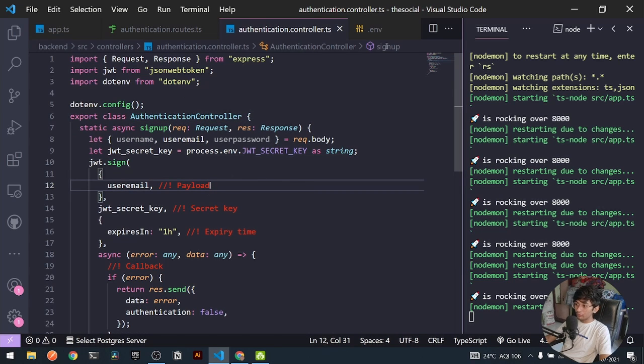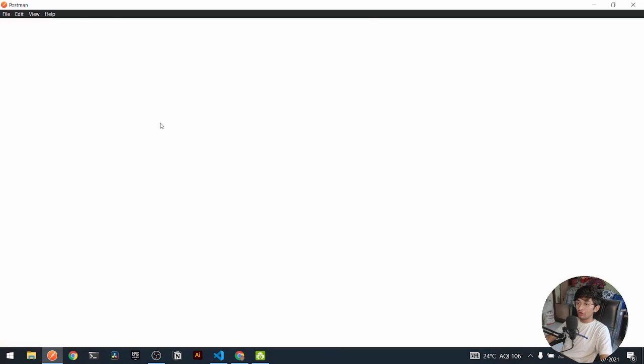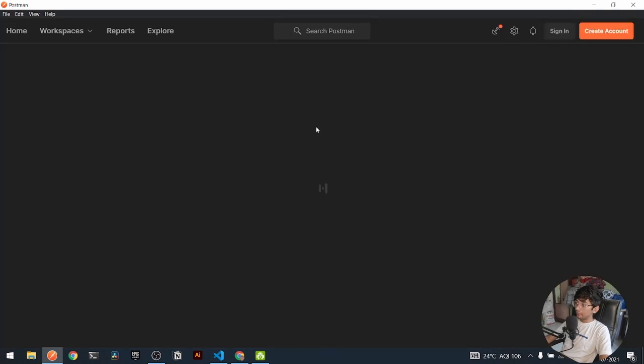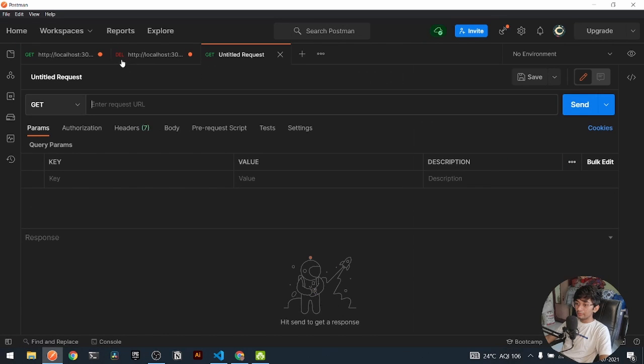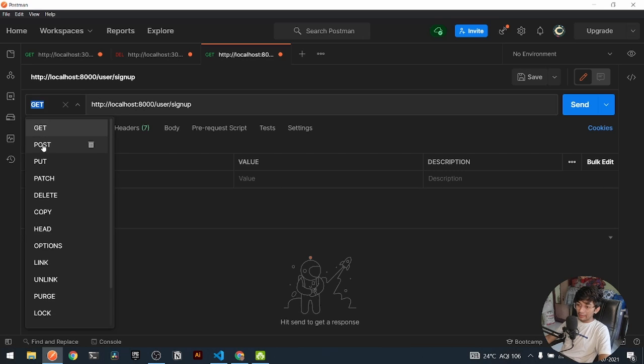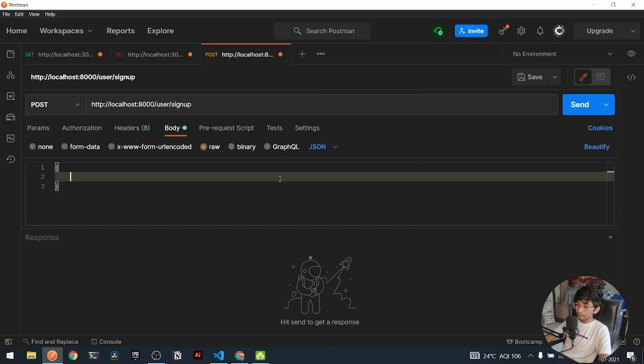For trying it out, I will be using Postman as a primary software for API testing. You can use Insomnia or the extension Thunder Client according to you. So let this open up. I can close this off, we don't need it. So here I can open my localhost, and under my localhost, the port should be 8000, and here I can go to the user path and also a sub path of sign up. I can send a post request. So I can have a raw JSON body, and here I can provide a user email.